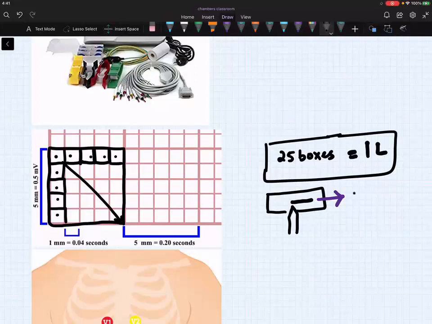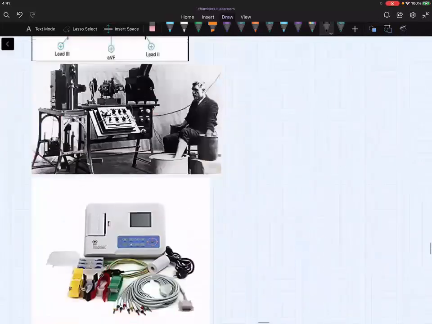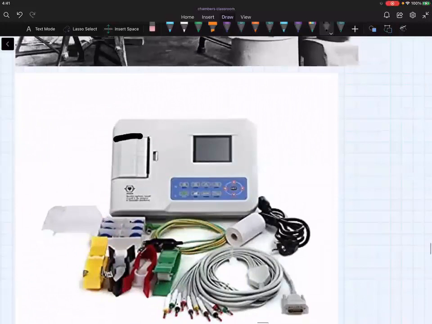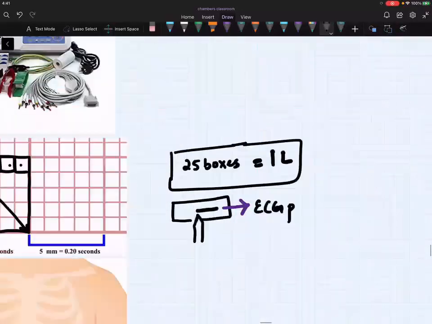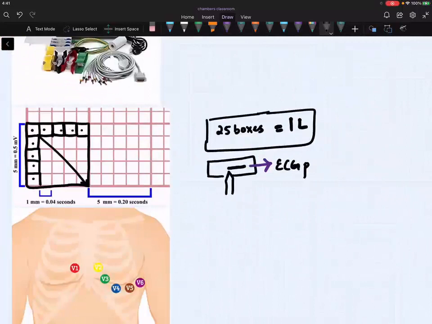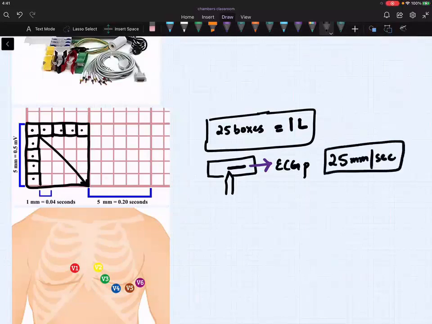So that means this ECG paper speed. If I have shown you the ECG machine, you must have seen the paper is attached and it's moving. If you have gone into the ECG department, in the emergency investigation, you can see your ECG being printed, isn't it? I told you last time that the paper movement was 25 mm per second. The ECG paper speed is 25 mm per second.